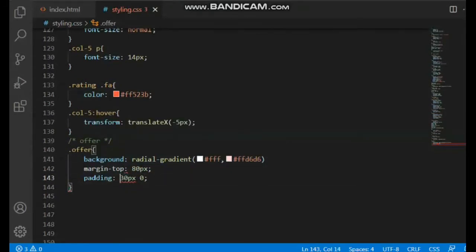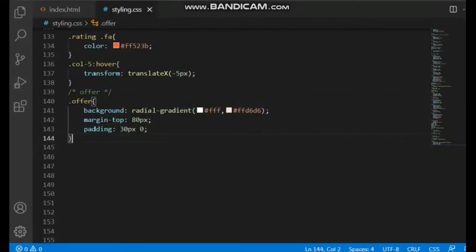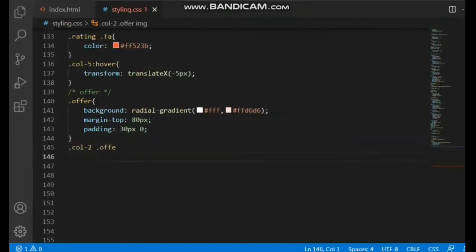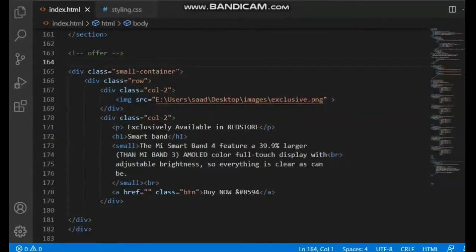Now I think there is an error. So now the error has been removed. Dot col2 dot offer img. Now here we will add padding 50 pixel. Now we will add dot small, and now we will add color hashtag 555. Now here we will add a div class offer.